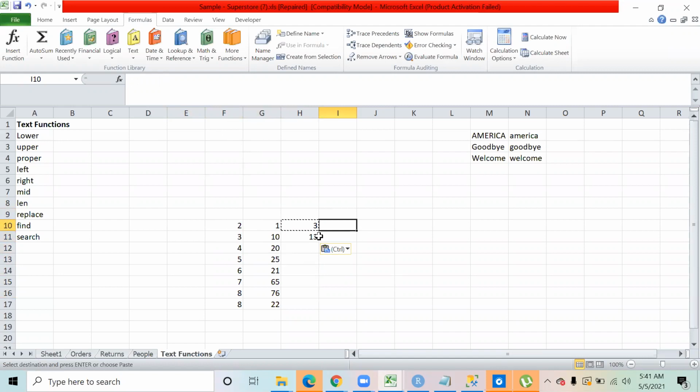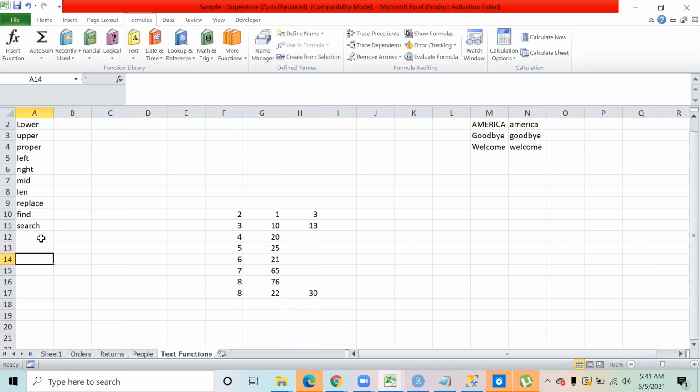When you paste the formula on the downside, Excel automatically changes the row numbers. Because when I go down, I'm changing my row numbers: 12, 13, 14, 15, 16, 17, 18, 19.